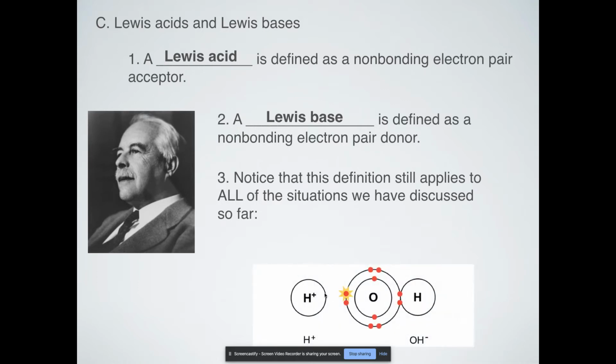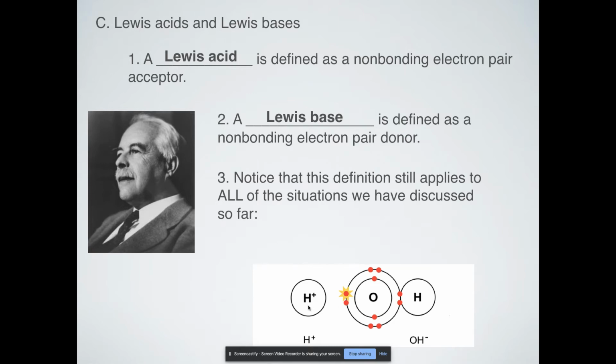So for example, here is the Arrhenius definition of an acid and Arrhenius definition of a base. Now look at OH minus. It has a lone pair of electrons that it can donate. That means OH minus is a Lewis base. And remember, that's what an Arrhenius base was, anything that has OH minuses. Now, Lewis acids, okay, are the ones that are accepting it. Notice H plus doesn't have any electrons. It will easily accept this non-bonding pair of electrons here. And now we have a Lewis acid because this is going to accept the lone pair of electrons from the